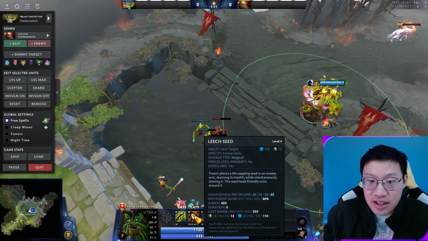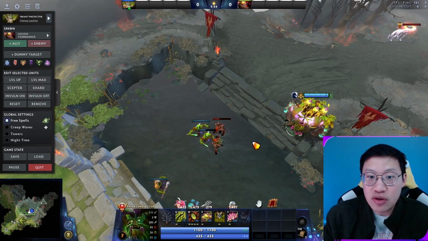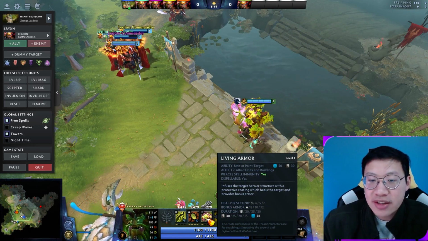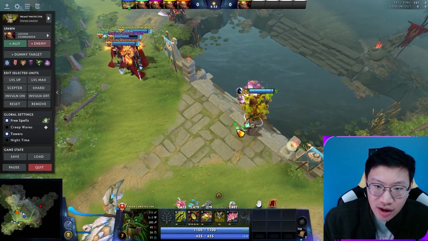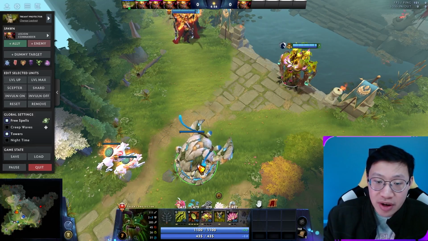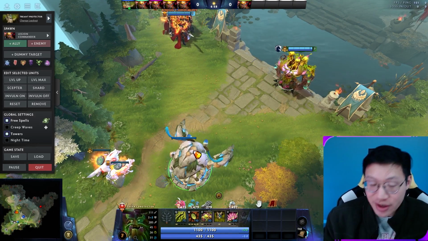Try to cast Leech Seed really quickly on anything because you will get the full value out of the heal for your team. Living Armor is dispellable if the enemy has a purge like Oracle, though that's not terribly important. Now you know. You can cast it on towers. I'm sure many of you knew that, but if you didn't, make sure you know now because this is one